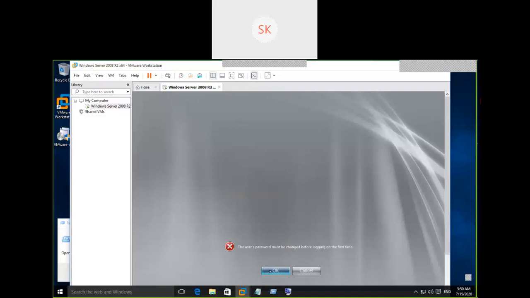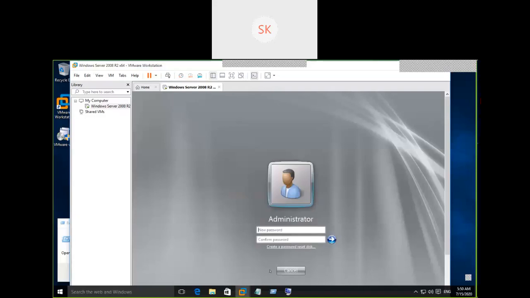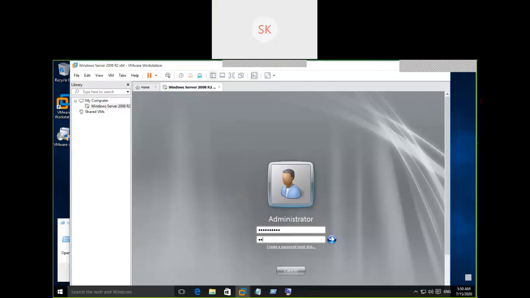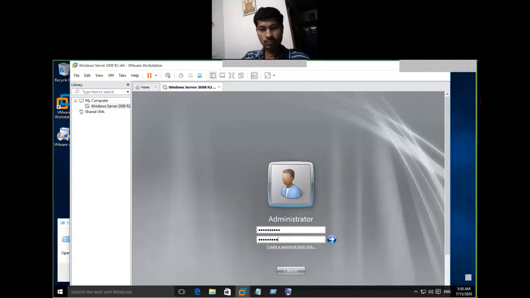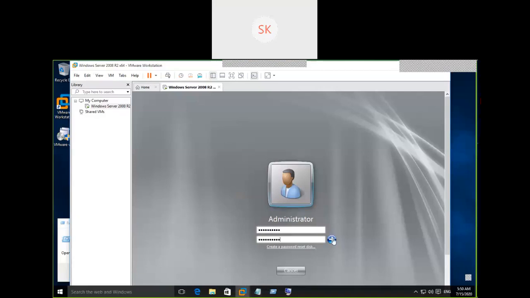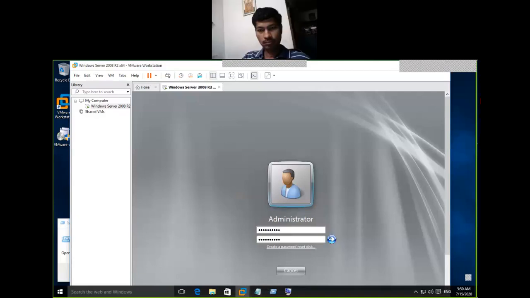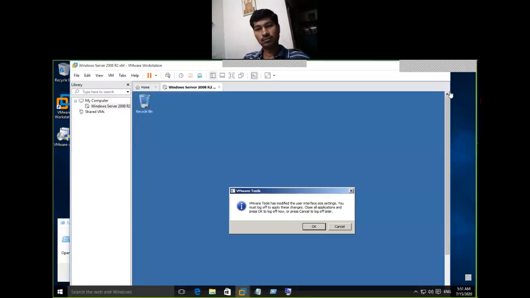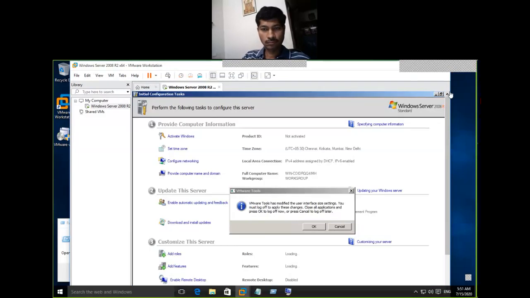Set the password. Click OK and set the same password, VMware@123. Make sure to keep the same password for all the options. Whatever tab you are going to do, don't mess things up. Keep the same password wherever it is applicable. No issues. Okay, click OK.